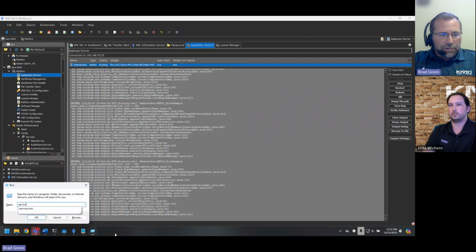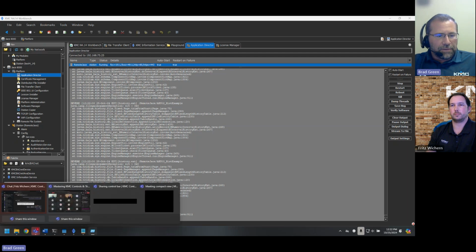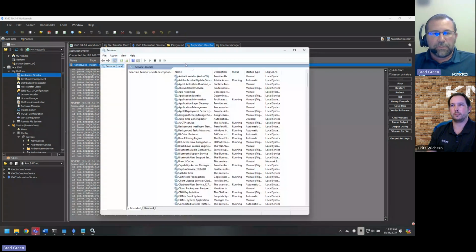So if you need to check to see what daemon you're running, the workplace launcher that Fritz was showing is a good option. But if you type in services.msc or just go to Windows search and find services, it's going to bring up your services panel.